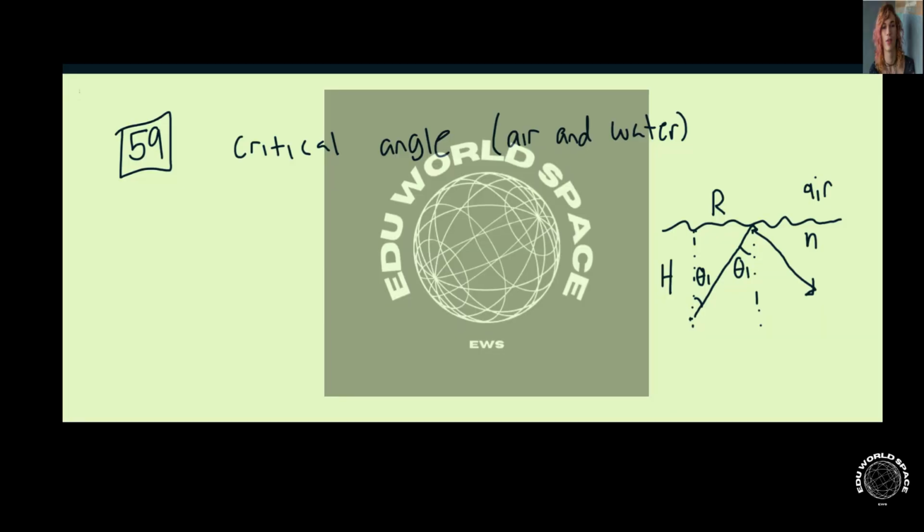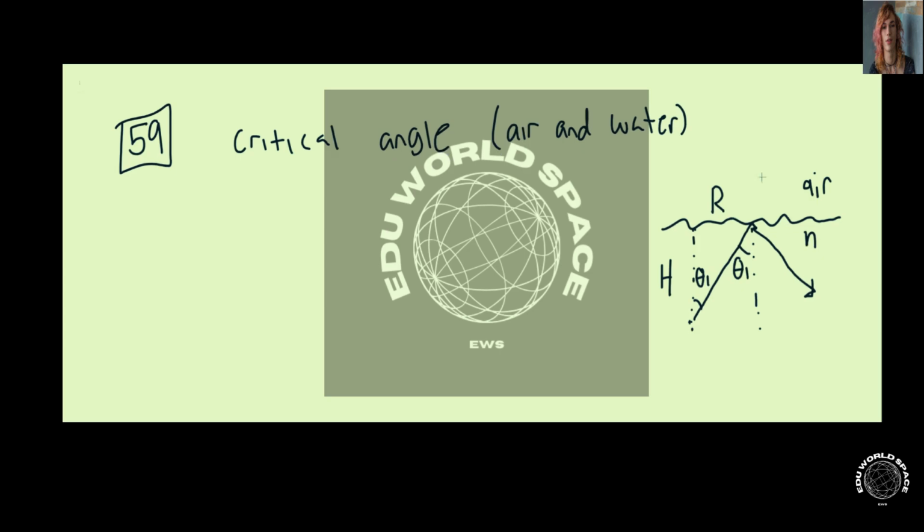Okay. In this problem, we have light being emitted from underwater, which comes up and hits the surface of the water, which of course is an interface between air and water. And we are ultimately trying to figure out the angle, and ultimately the distance, that the light must travel from its original point in order to internally reflect back into the water and